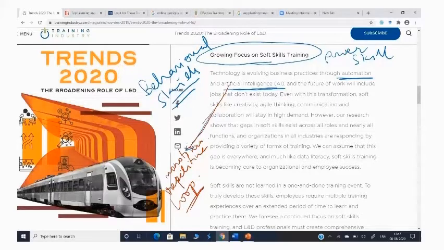So what organizations are doing, wherever they find this kind of work, is going for automation and artificial intelligence. But always remember, dear students, that ultimately to manage those machines or to get desired results from them, you need human resource. So what has changed actually? The skill sets, right? The competency requirement of employees is undergoing change.